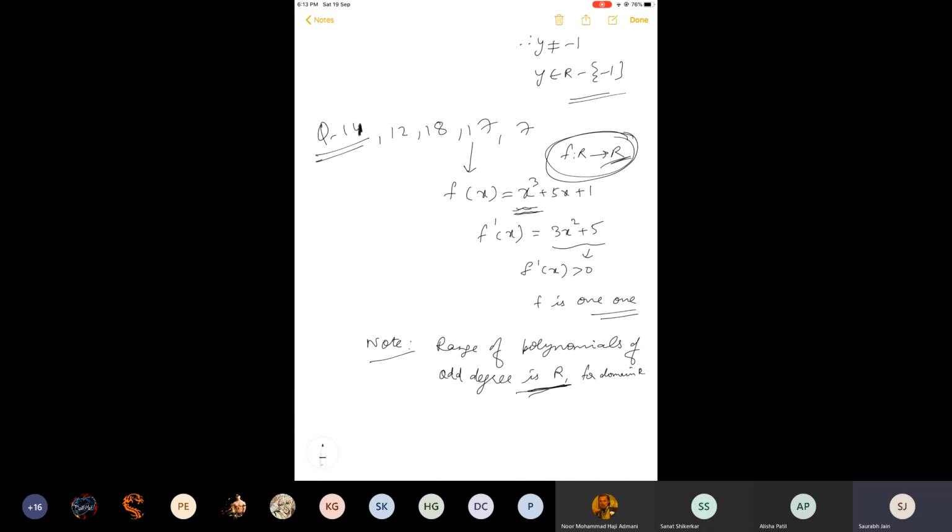So to get the answer, what can you do? Since domain is R, if I put infinity, infinity means tending to infinity. Now you are also studying limits, so you can understand. Close to infinity, infinity cube will be almost infinity. Then if you put minus infinity, cube, odd power, it will be minus infinity. What do you observe? That f(x) also varies from minus infinity to infinity. So range is R. That means it is one-one onto function. So one-one onto will be your C option.